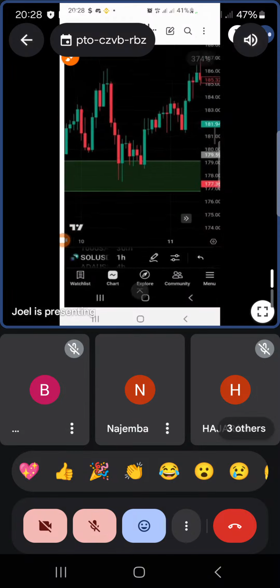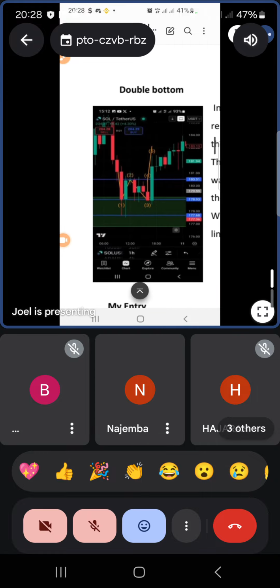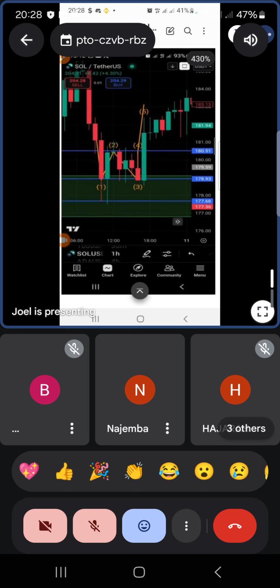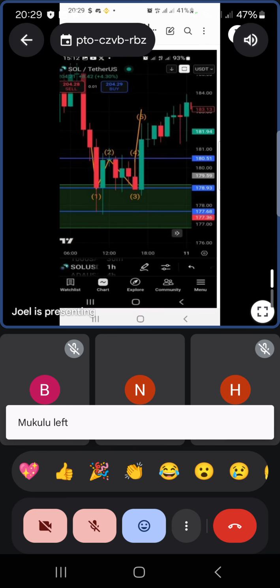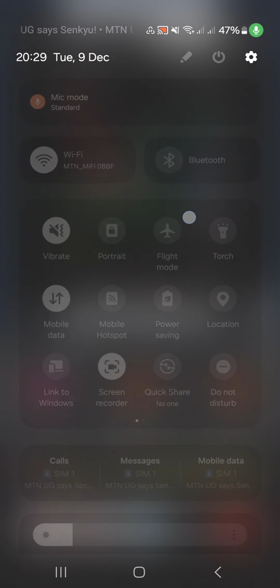Let's go further to the 15. Here I'm showing you. My neckline was here. And then, of course, when you're trading double bottoms, you want price to come down. The first low where price bounces off will be your area of interest. You can draw your box. If the candle has a wick, like this red candle here has a wick, your box will be at the close of the candle towards